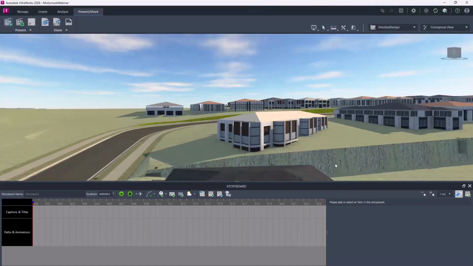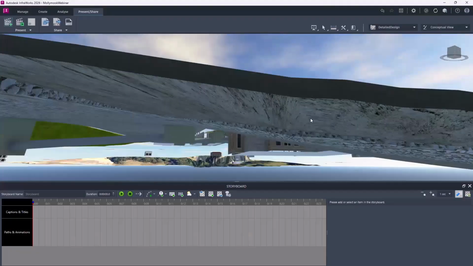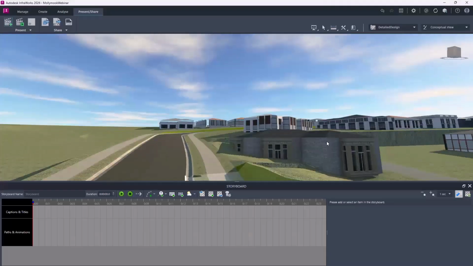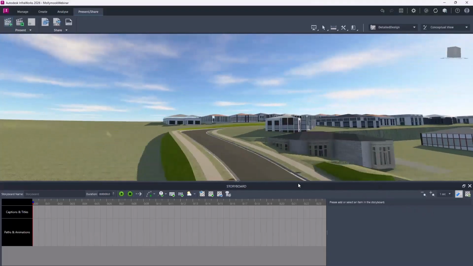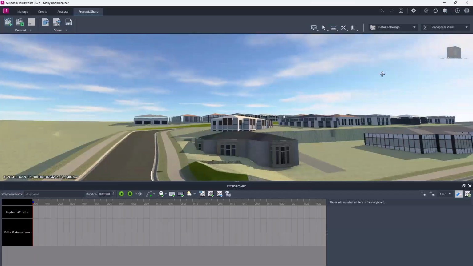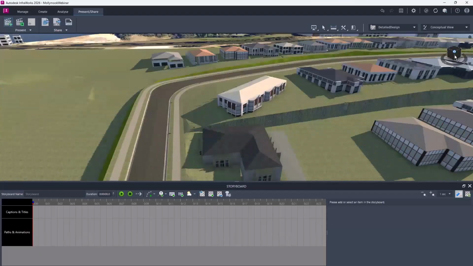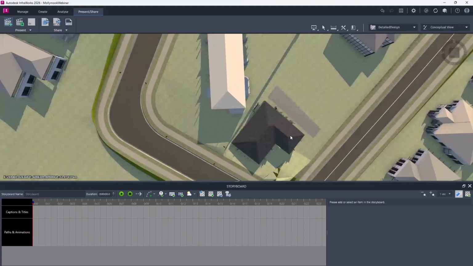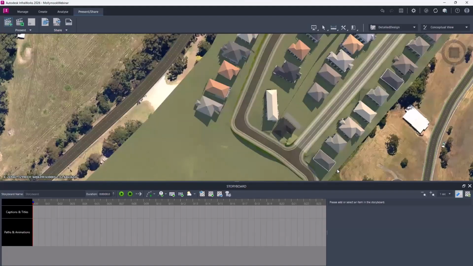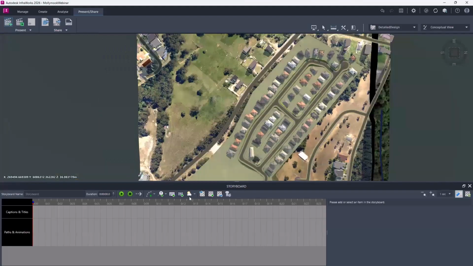Now the storyboard is all based on where you're looking, or what you're viewing on your screen at that particular point in time. So let's start from a top-down view. So if we start here, we can do an overview of our subdivision. And what I'm going to do is I'm then going to zoom in to look at a particular intersection. So I'll add what's called a camera path animation, and it's going to take where you start and where you end, and it's going to do that zoom for you. So if I add that in now,